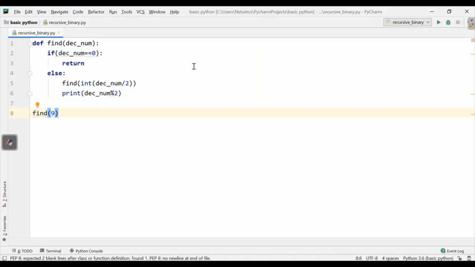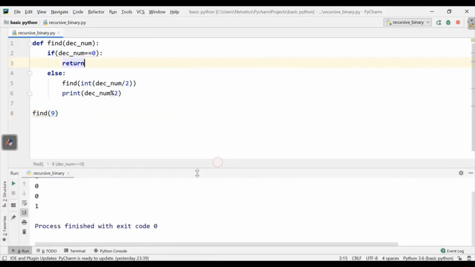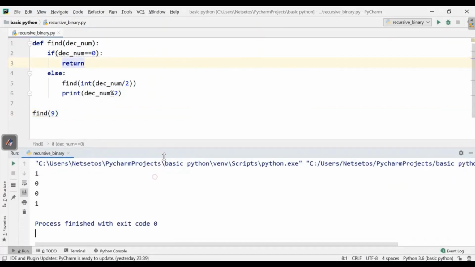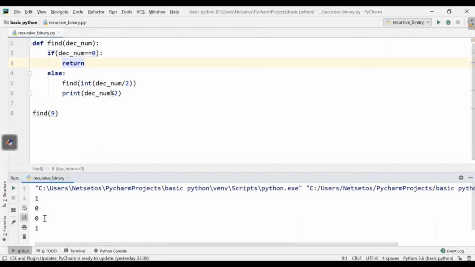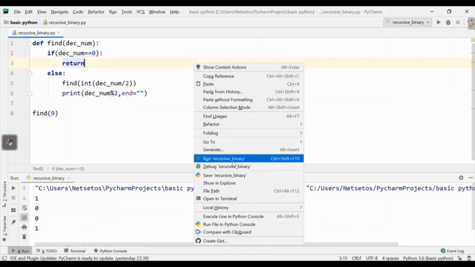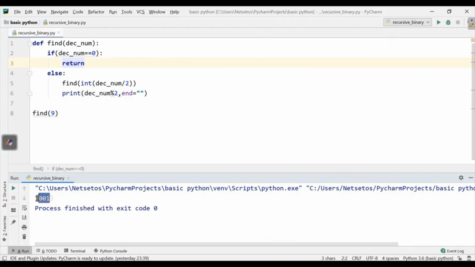When I run this, I'm getting the numbers 1001, but they are on different lines. So here I'll write a comma and end equals apostrophe. Now when I print this, I'll get all the binary digits on the same line.